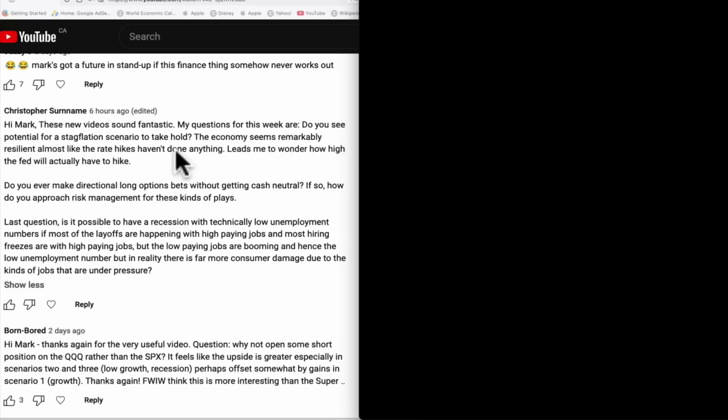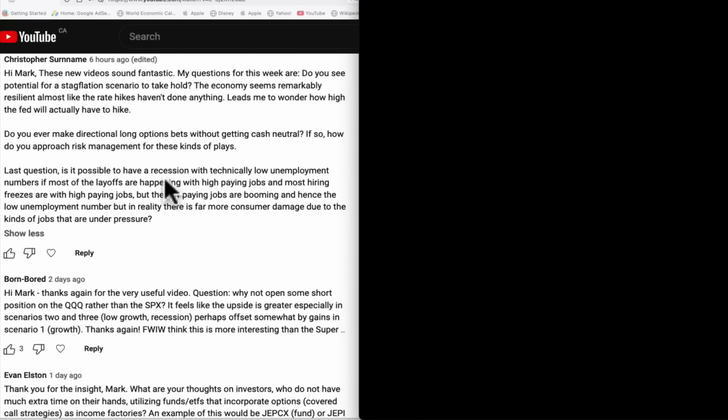When they're working out, I see no point in getting cash neutral. But if they're going sideways, the options are showing a gain, then they're showing a loss, then a gain. If it's just doing that for a period of time, I will attempt to get cash neutral. Why wouldn't I? I do. And if it works out, great. If it doesn't, well, I'll try to get cash neutral.